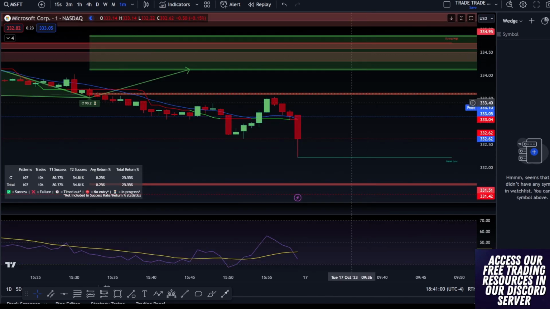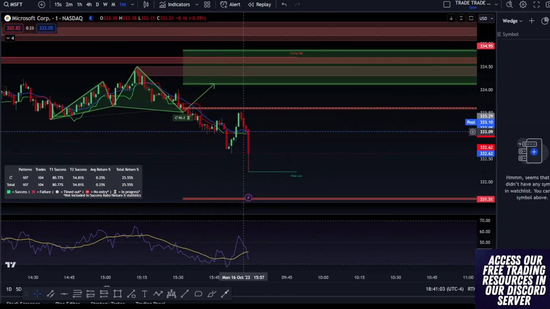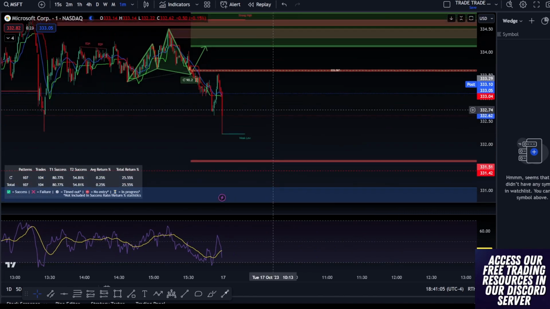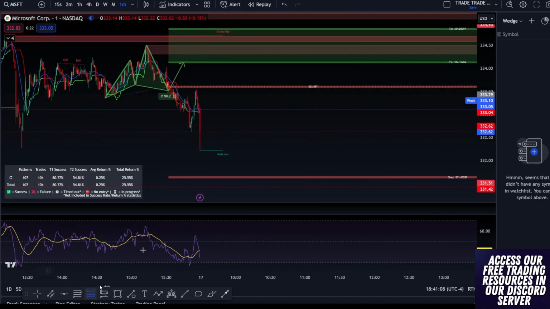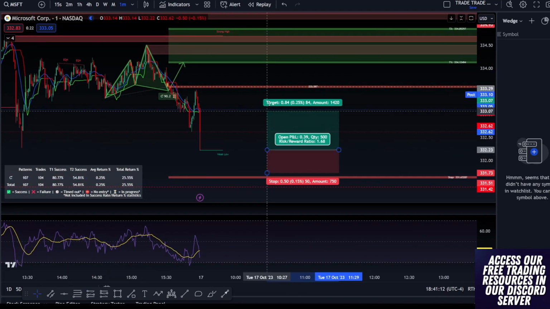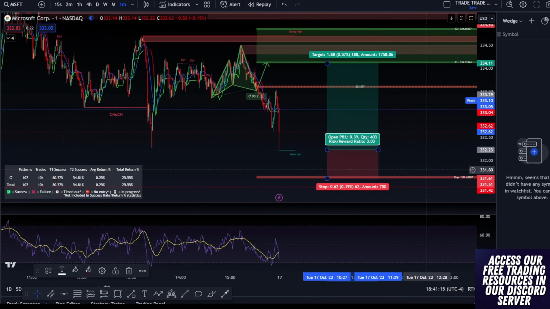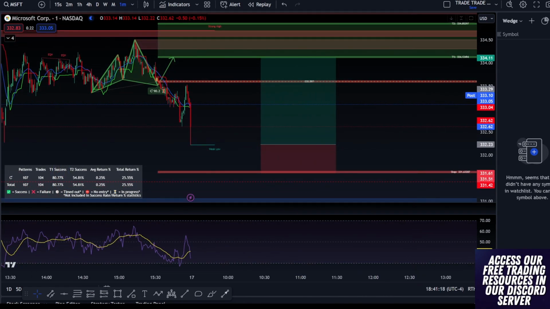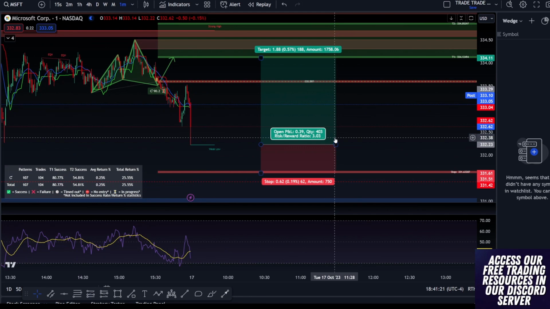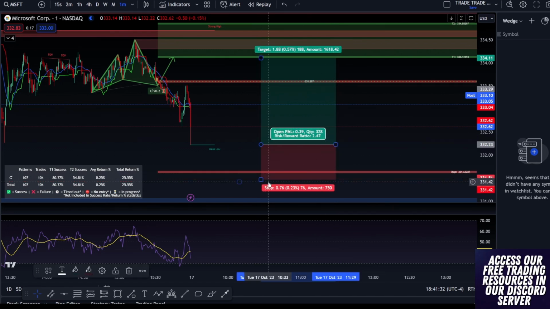But now look, we know that there's an 80% chance that it's gonna push to 334. We know that there's a big resistance level here. So I, for sure, would have went long. Now, we'd have to swing it overnight, which I'm not a huge fan of, but look at it this way. There's an 80% chance of profit, right? Stop loss is 0.2%. Honestly, I'd pull it a little lower, like down here. But we have a 2.5 RVR with an 80% chance of profit. I'll take the trade all day, and if I lose, fuck it. There's no reason not to take it.